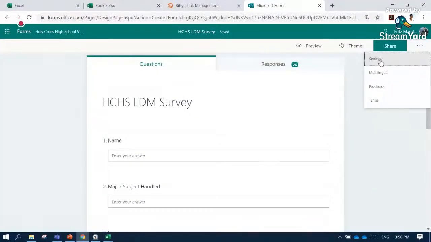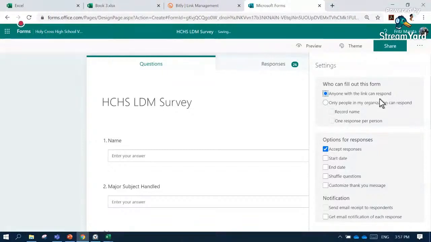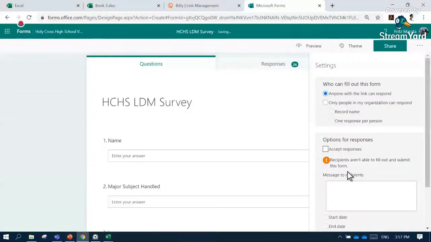Once you click Settings, you have the options for responses. You can uncheck Accept responses so that recipients aren't able to fill out and submit this form. So you can no longer contribute or respond to this form because I have already closed the survey. This is how to close the survey by unchecking Accept responses.